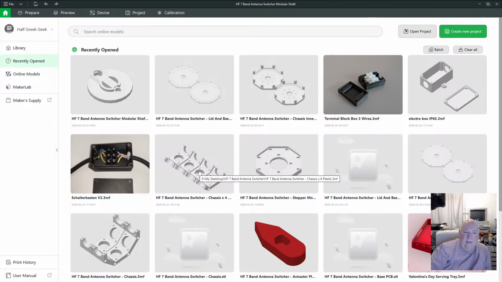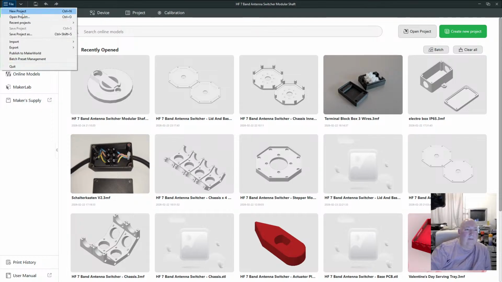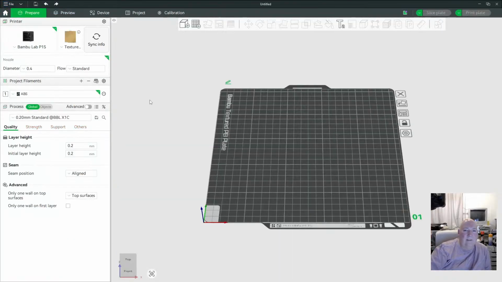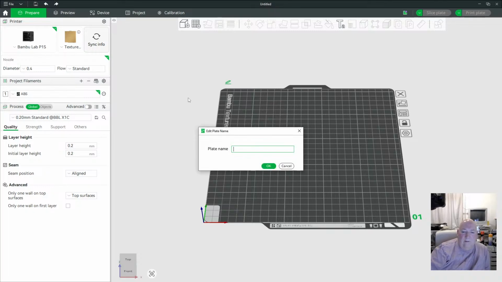So we need to create a new job. File, New project. Right, and we're going to call this... what should we call this? I thought I already named all this once. Didn't I name all this? Anyway, we'll create it again. So this first one, we'll just call this the... We've already got it, haven't we? Shaft. Got separate items, so we'll put it all together.